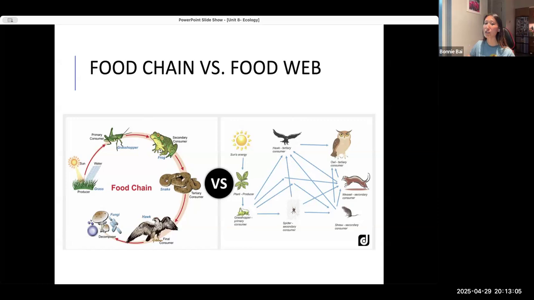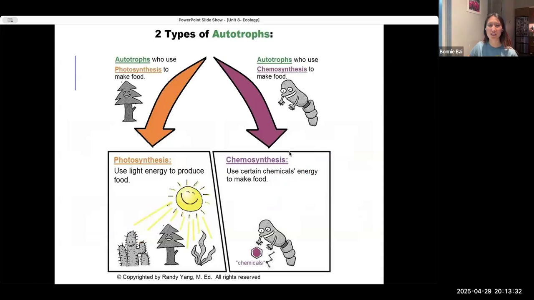So in a food web, each organism can play multiple different roles. Maybe as a primary consumer, like when you're eating plants, now you're the primary consumer. But if you were to be eating cows, then beef, you will be the secondary consumer, because you're the second one coming after the plants. You could also be the top consumer. It really all depends. So the food web is a lot more complex than a food chain. But a food web is made up of food chains, so super easy.